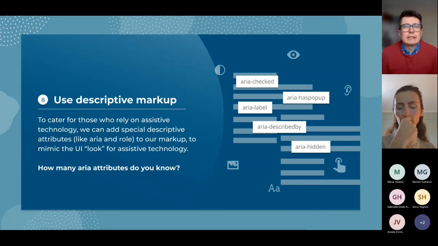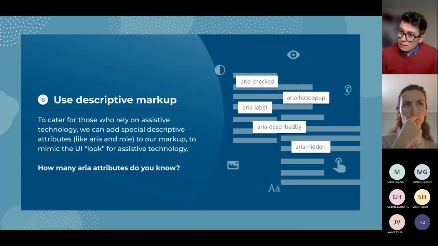Well, there are other such attributes with a prefix of ARIA. And the ARIA attributes give a little bit more context to assistive technology so that they understand a little bit more about what's happening in the state of the particular element. So a really simple example is a checkbox. Now, the majority of people will be able to look at a checkbox and see if there's a tick in it or not, and therefore know if it's checked or not.